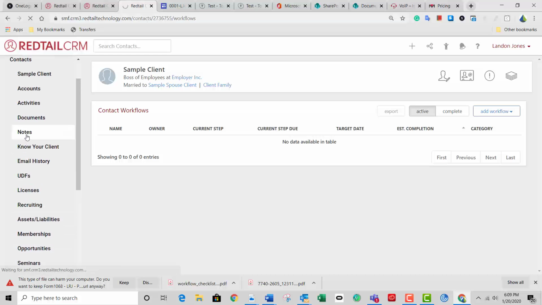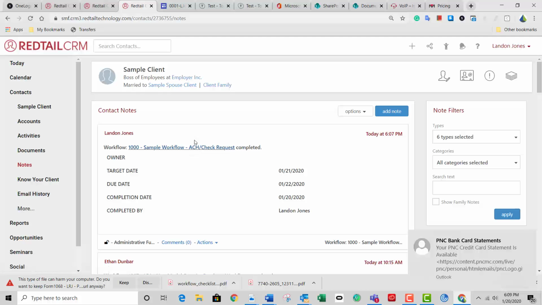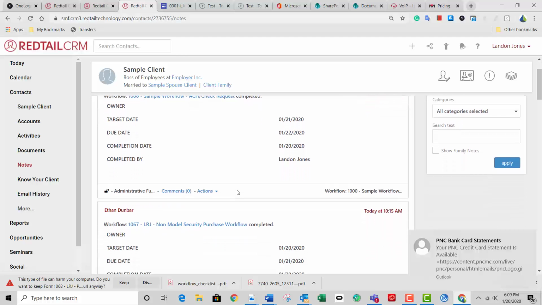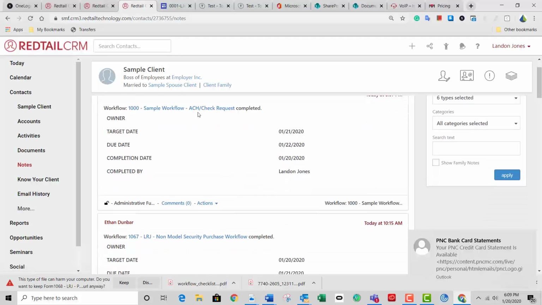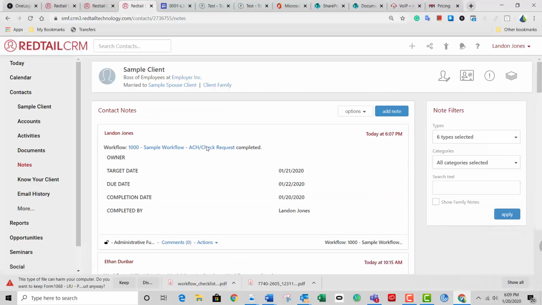But after that workflow is completed, we now have all of these workflow steps done. Okay, so this workflow process flowed right here. You'll see the target date and the due date, and the completion date was today, January 20th of 2020. So that being said,